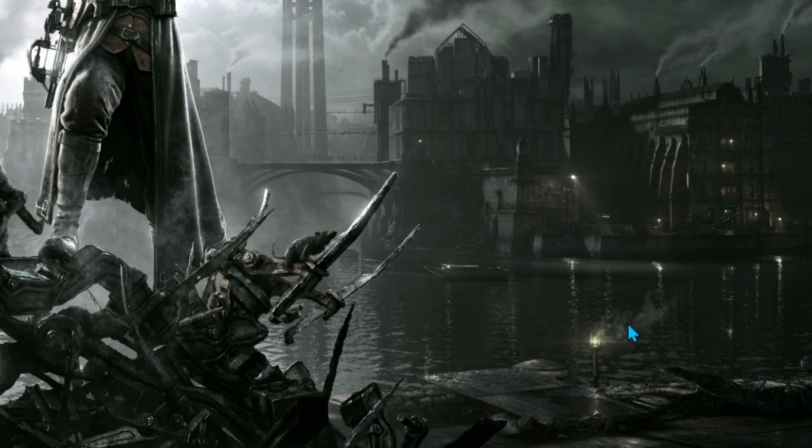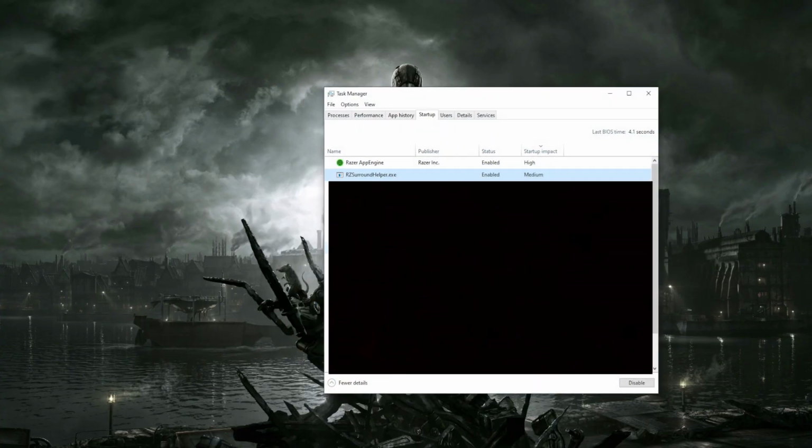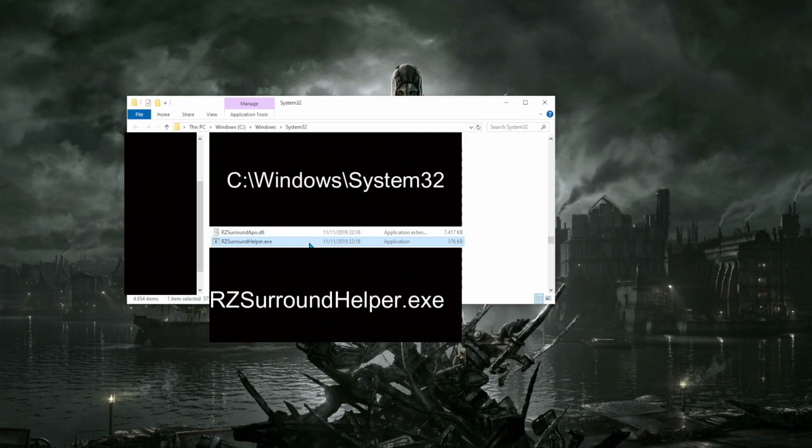First, you want to go to the startup in the Task Manager and find RZ surround sound helper.exe. Make sure it's enabled. If the status is disabled, you can enable it. It should immediately work, but if you don't have RZ surround sound helper.exe in the startup, you can go to